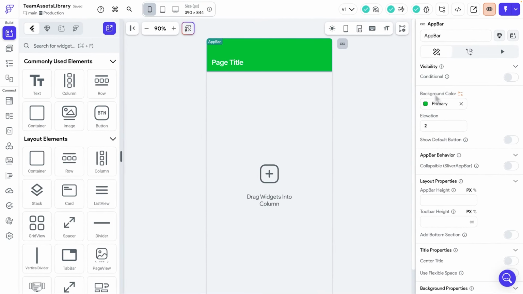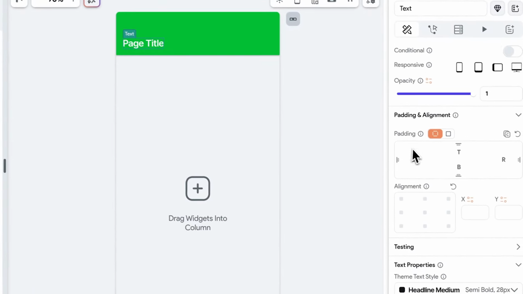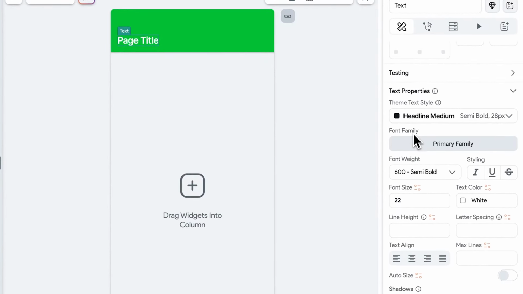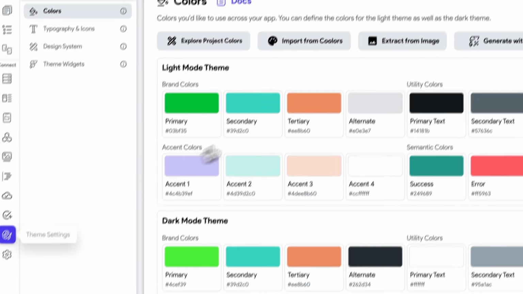Color was only one thing. There was also typography. For example, if I choose this text and navigate down to the properties, I will see the font family. And as you can see, I chose the primary font family, which means if I now go to my design system